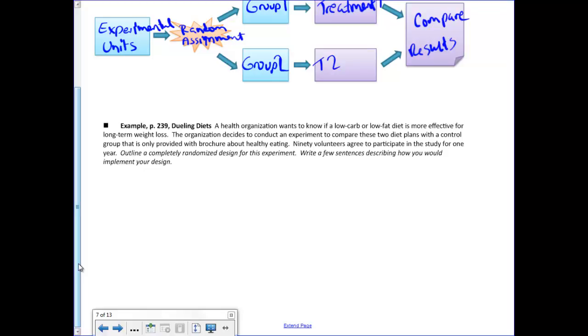So this right here is an example of our experimental design. In our study, does it tell us how many people we have? Yeah, it tells us we have 90 volunteers. So we're basically going to fill in the blanks with the information that we're given here. My experimental units are, so you have 90 volunteers. We randomly assign them